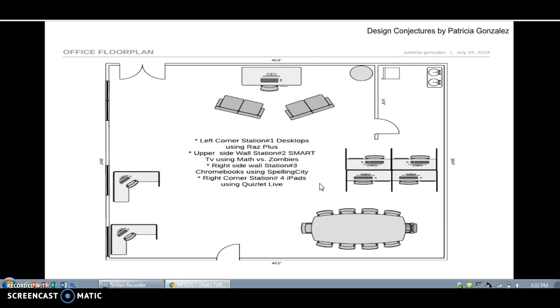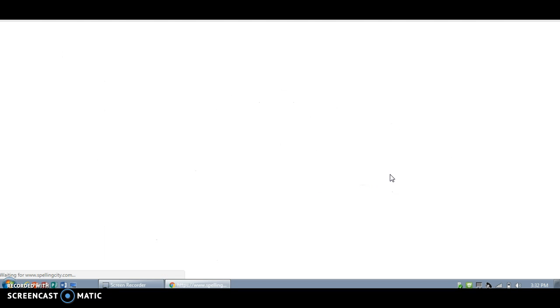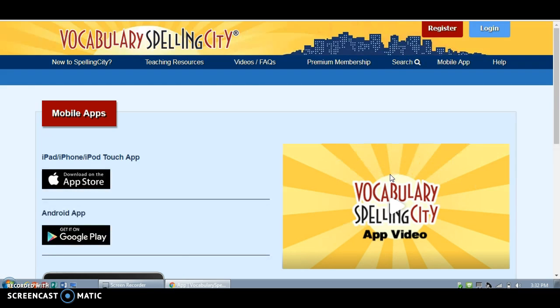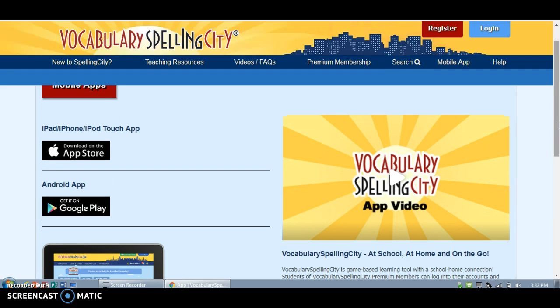The kids who use Chromebooks will be doing Spelling City. What's Spelling City? Let's go really quick to what Spelling City is. It's a tool that teachers use in the classroom, and the teachers can create their own accounts, and the teachers can add their weekly or daily word lists, whatever the times are that the teachers integrate